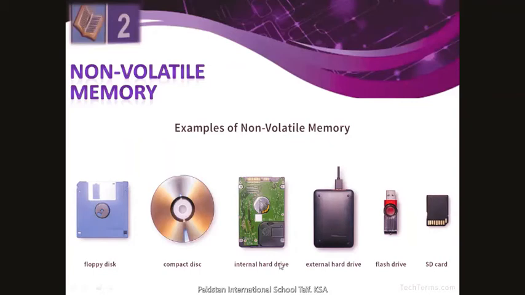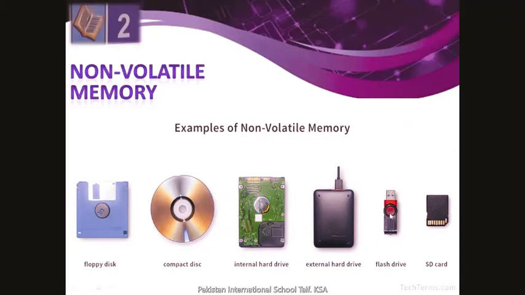Internal hard disk. Every computer has one internal hard disk, and every sort of data can be saved on the internal hard disk. We have C drive, D drive, which are based on your hard disk and the capacity of your hard disk. External hard disk or hard drive is used to travel your large amount of data from one computer to any other computer. This is a portable device and you can move your data easily from one computer to any other.